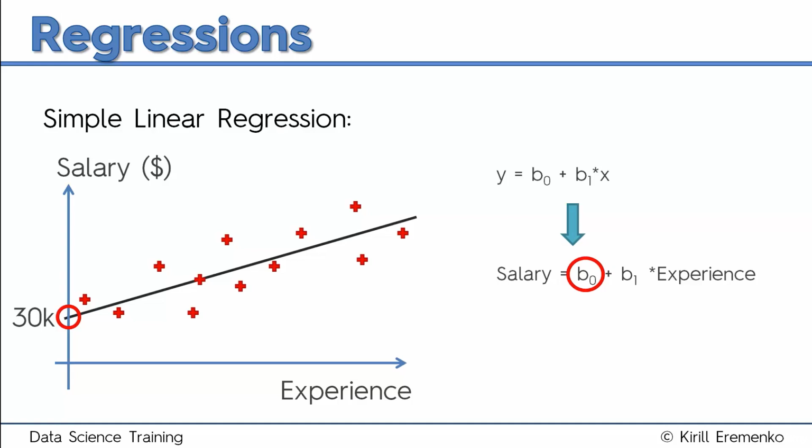So as soon as somebody's fresh from university and joins this company, most likely they will have a salary of about $30,000. There will be some confidence intervals there, but we won't go into that right now. We can just say that according to this model, that person will probably be getting paid $30,000. Now, what is B1? B1 is the slope of the line. And so the steeper the line, the more money you get per extra year of experience.